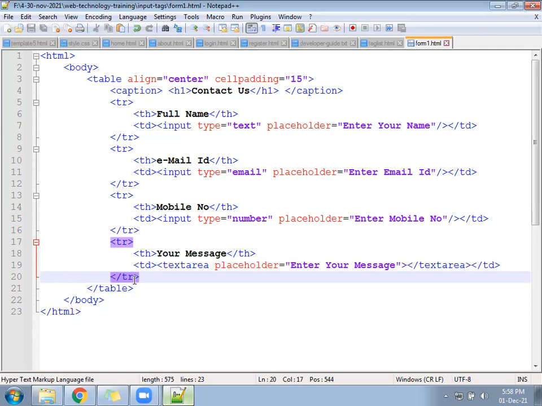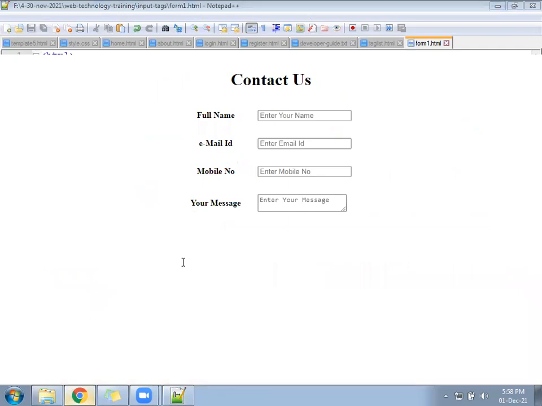After filling the form, people will click on the submit button.